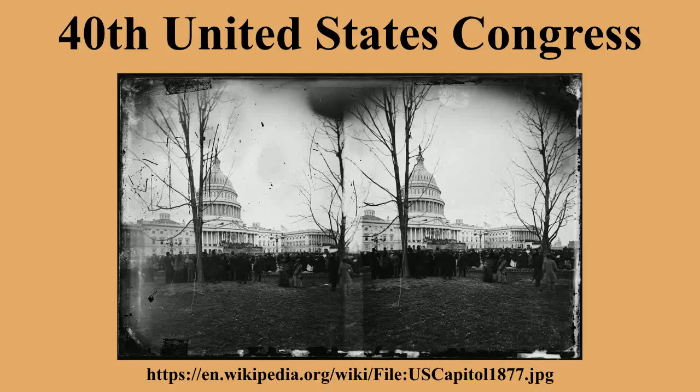Major events: March 30, 1867, Alaska Purchase. February 24, 1868, impeachment of Andrew Johnson. May 16, 1868, President Johnson acquitted. May 26, 1868, President Johnson acquitted again. November 3, 1868, presidential election. Ulysses S. Grant defeated Horatio Seymour. December 25, 1868, President Johnson granted unconditional pardons to all Civil War rebels.